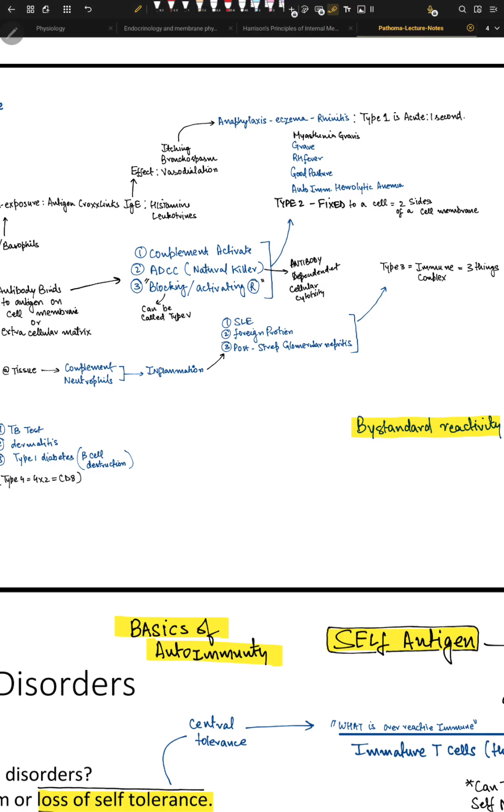Perforins and granzymes poke holes in the cell membrane, and then the enzymes go inside and kill the cell. It's not quite apoptosis, it's more like a vicious attack. So we understand complement activation, we understand ADCC, we understand the blocking